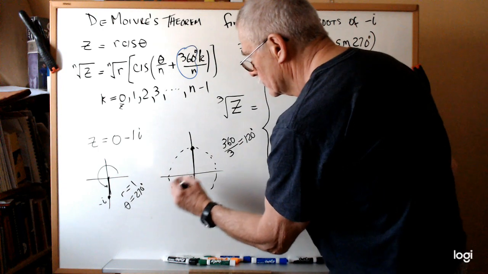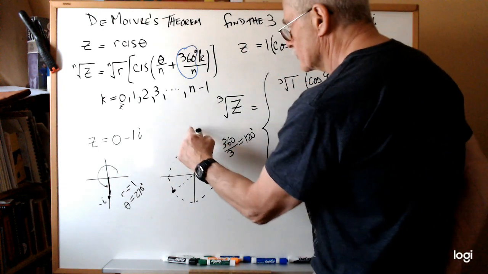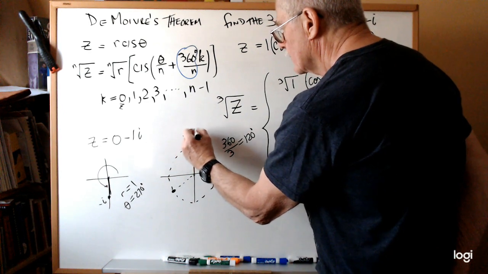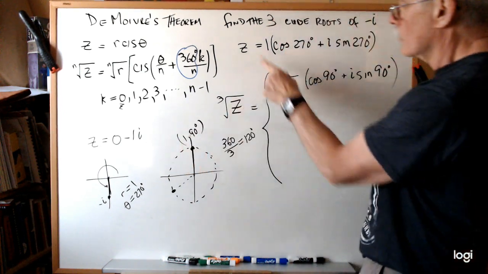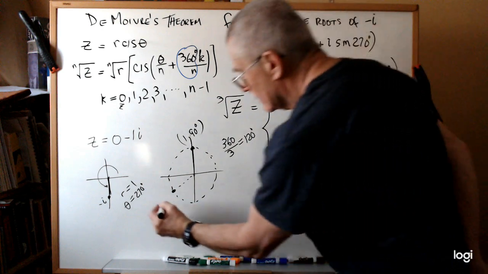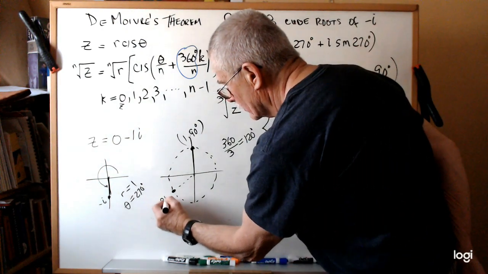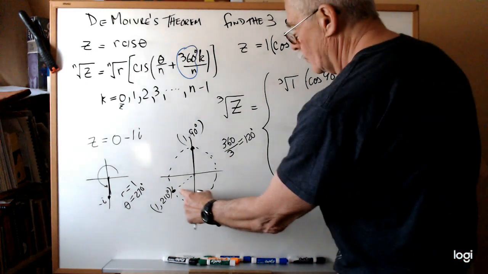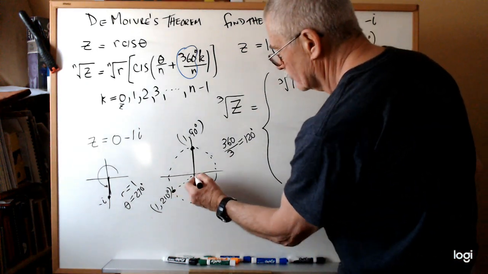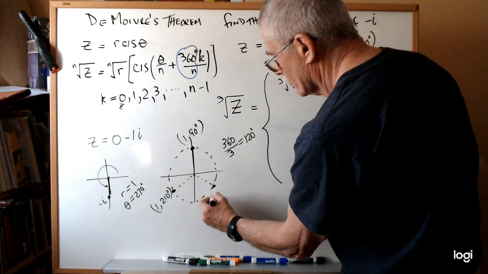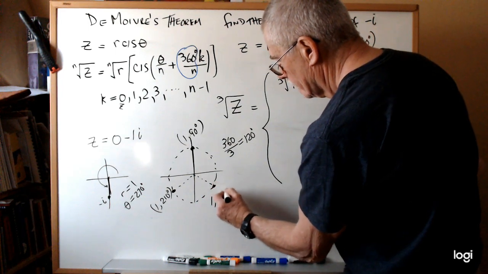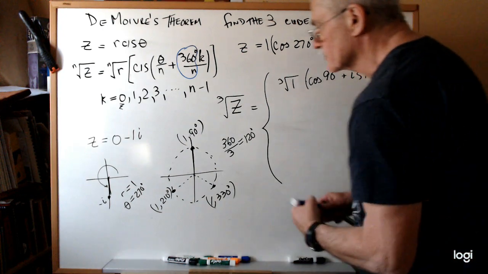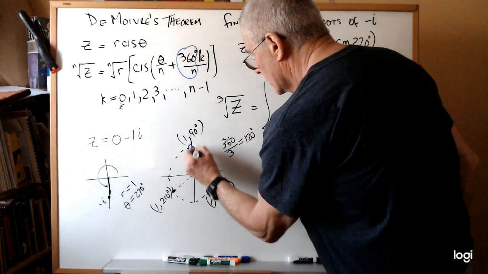So this is 210 degrees. So this is the point then, 1 comma 90 degrees, because the cube root of 1 is 1. This is 1 comma 210 degrees. And if I go 120 more, 210 and 120 is 330. So those are the 3 roots. It's the values of these